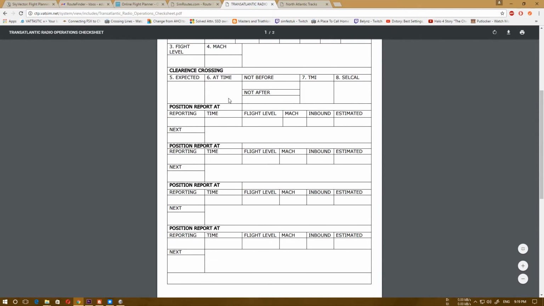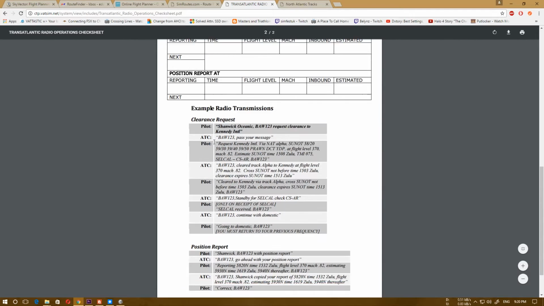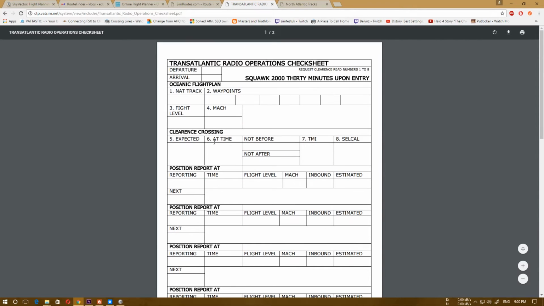You will find it here, and you will find here an example of how to communicate with the Oceanic Controller. Here we set our departure airport, arrival airport, and we write here our NAT track, which is Whiskey in the flight I did in the Cross the Pond event, and our waypoints one by one, and the flight level assigned to you. Here you set the Mach number you will be flying at, and you set here the first waypoint of your oceanic route,